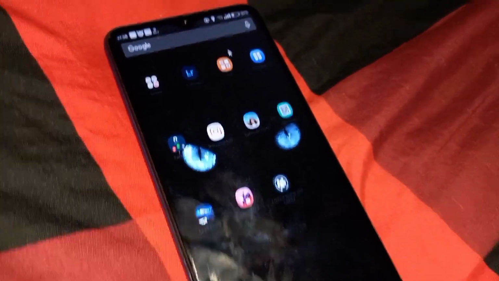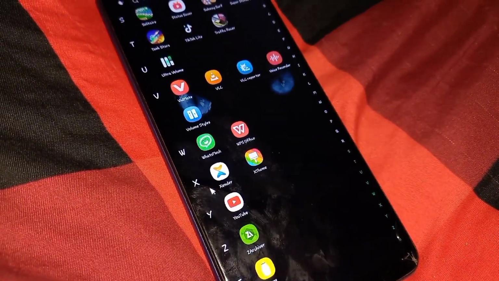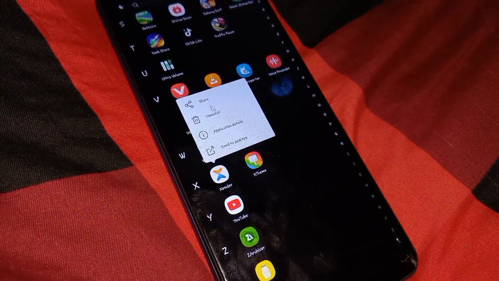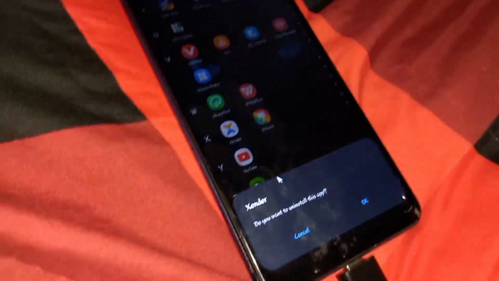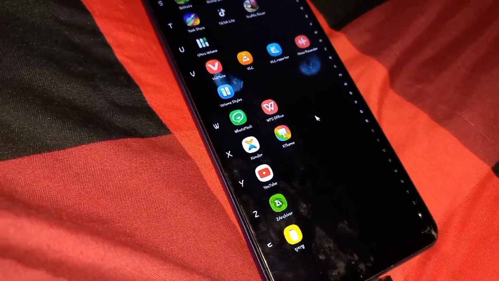If you open Xender and it takes you straight to settings, then you need to do the following steps. Go and uninstall the old package first. Then go and re-download